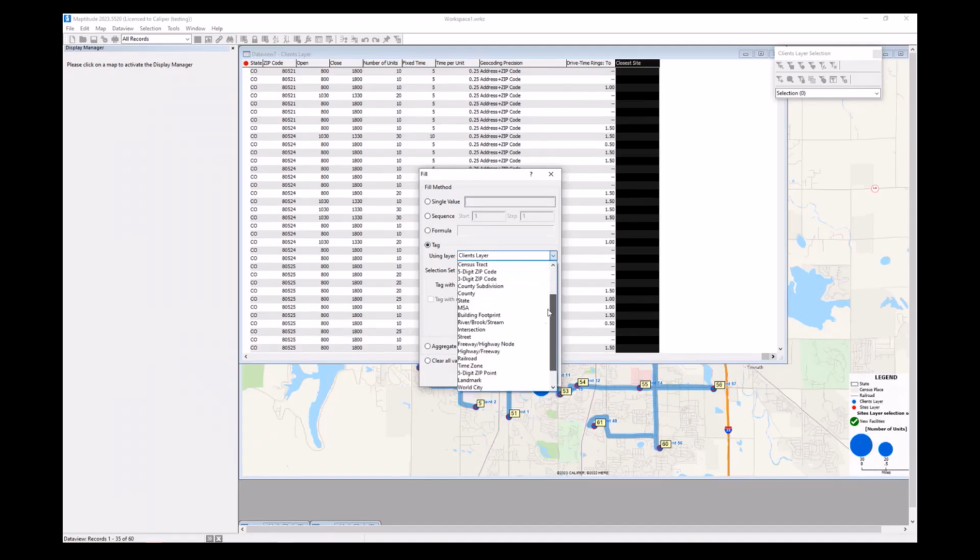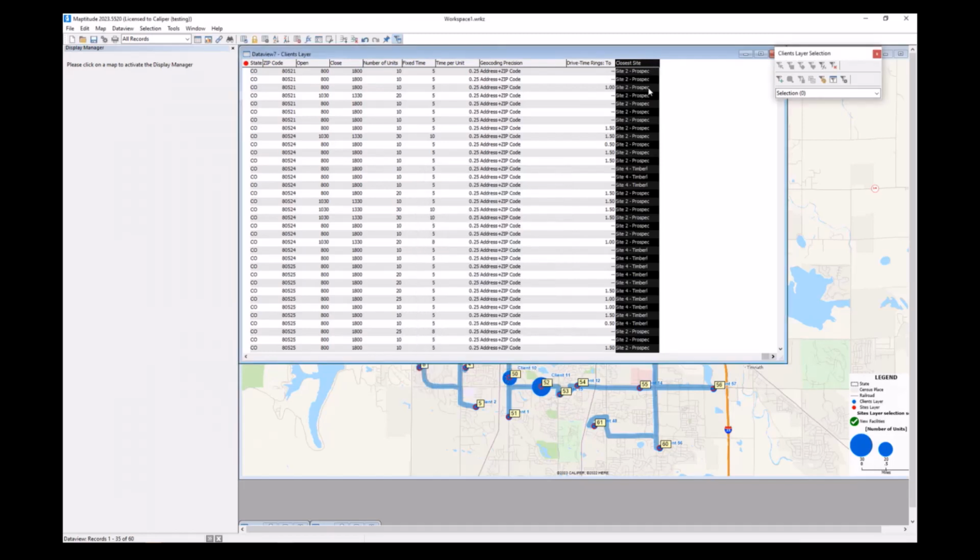And then I'll choose the sites layer to tag with. I can choose to consider all 5 of the sites, but in this case, we only have 2 new facilities. So I'll change this to the 2 new facilities and then tag with a site name. So I'll go ahead and click OK. And now we have our 2 sites for each of our clients,